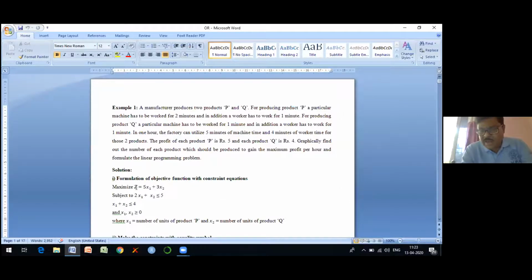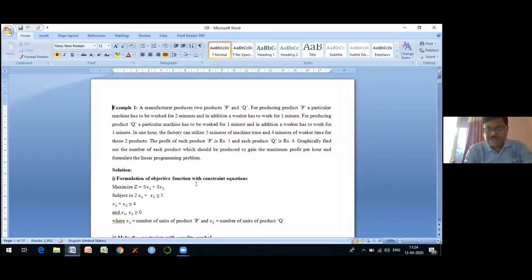We are assuming that we want to maximize Z. Z is our profit. So we have written maximize Z. And we do not know how much quantity of P and how much quantity of Q will be produced in order to maximize the profit Z. That's why we are assuming that we will produce X1 quantity of P and we will produce X2 quantity of Q,